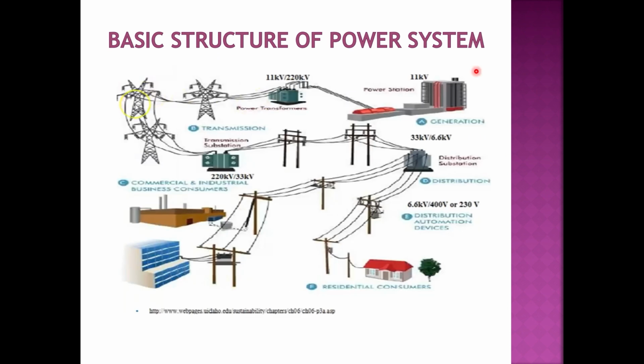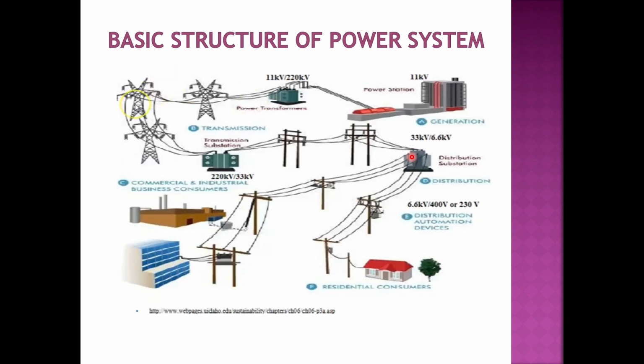Here you can observe this is the generating station at which the voltage is generated at 11 kilovolts, and this is sent to the power transformer here where it is stepped up from 11 kilovolts to 220 kilovolts, and this is transmitted to the transmission substation. This is again stepped down from 220 kilovolts to 33 kilovolts. This is the primary transmission system, and from here this 33 kilovolts is sent to the